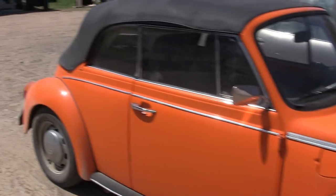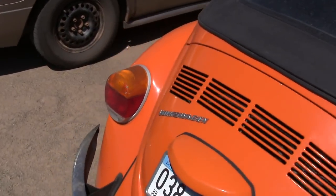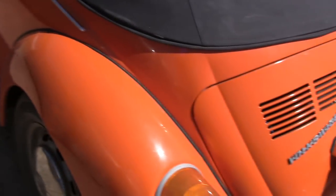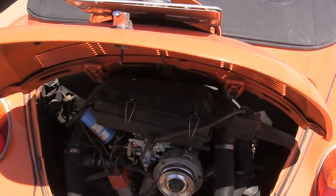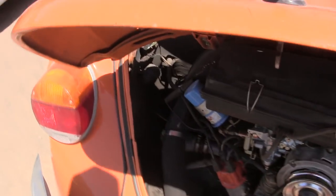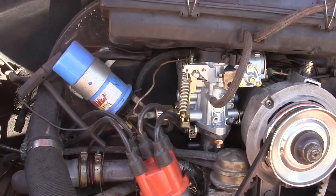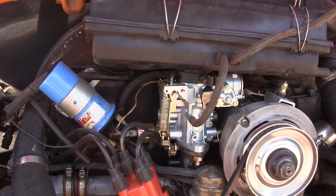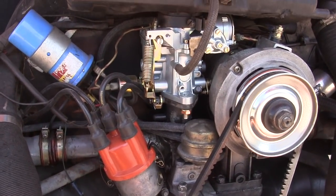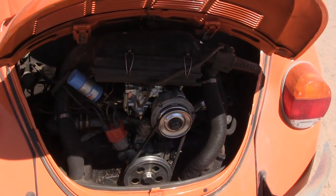Well, it's been a while since I started this video, and I went ahead and did a bunch of work to it and didn't film any of it. I think I left off with the valves there. I checked all the clearances, and they were between 4 and 6 thousandths, all of them, and 6 thousandths is the spec, so they were all good except for one that was a little less than 2 thousandths. So I adjusted all those. They're all set at 6 now, and I went ahead and tuned the carburetor a bit. I also got a new cap, rotor, plugs, wires, all that good stuff, and it's running pretty good now. I still have to adjust the choke, I think, but